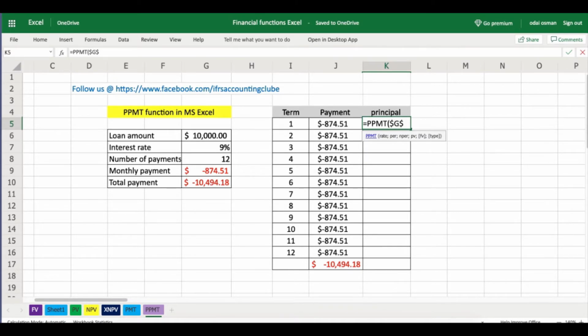It means dollar sign, G, dollar sign, and on cell 7, comma, the